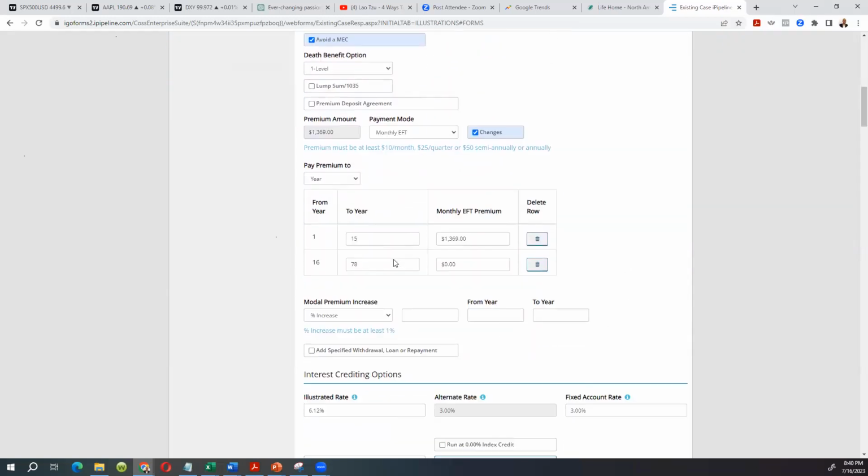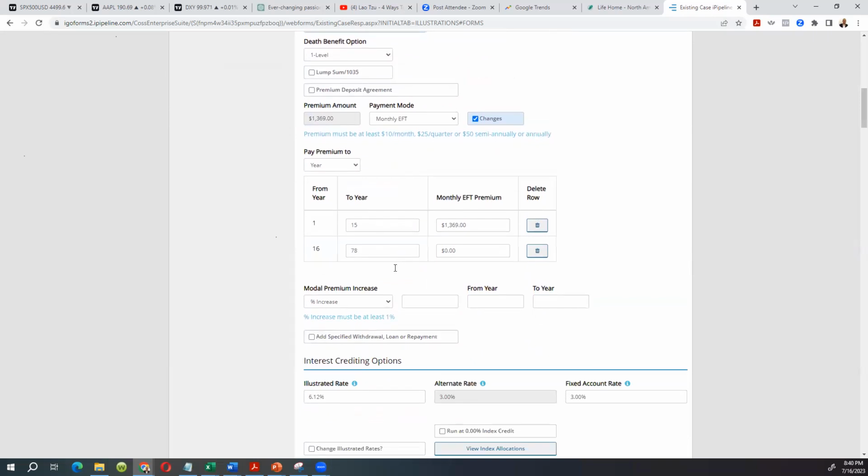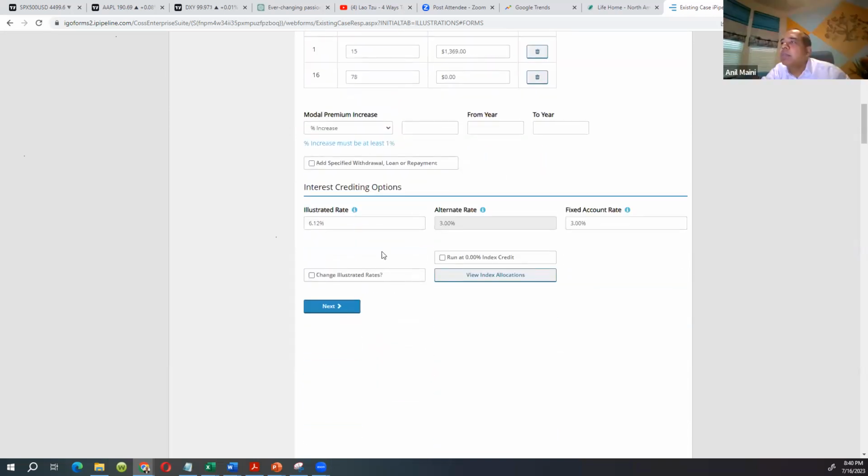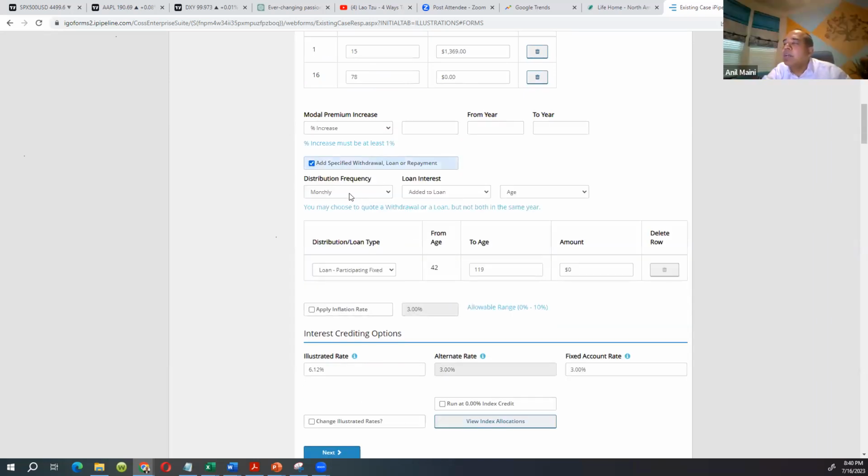Why is the distribution there on the bottom? Distribution, yeah. Yeah, there's one box on the top. Yeah, a little bit up. Yeah. And specified withdrawal, yeah. Okay. So we will do an annual